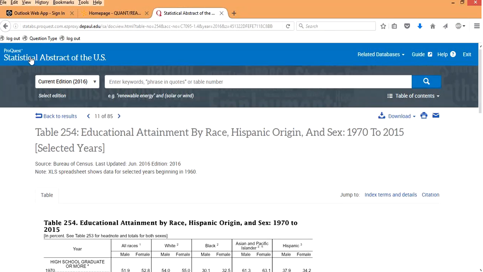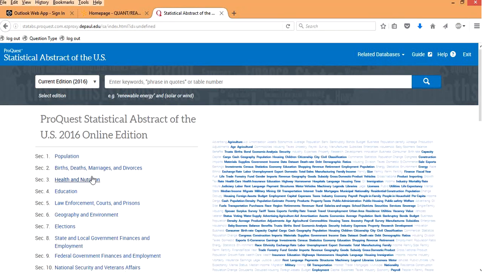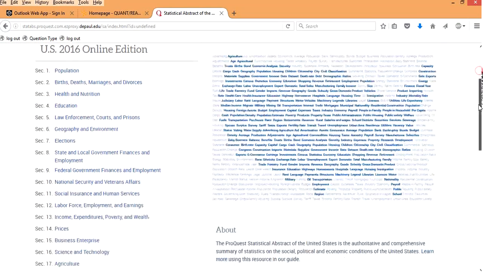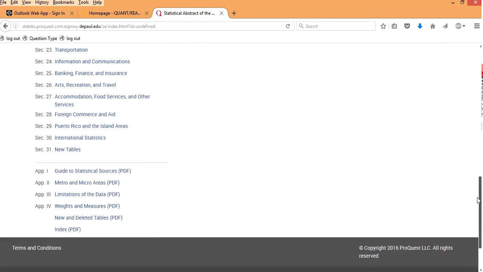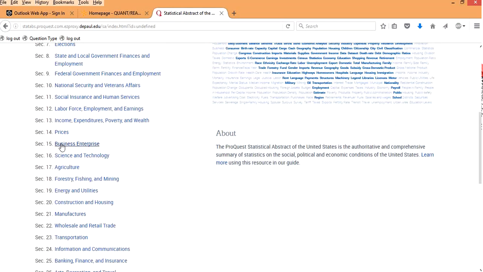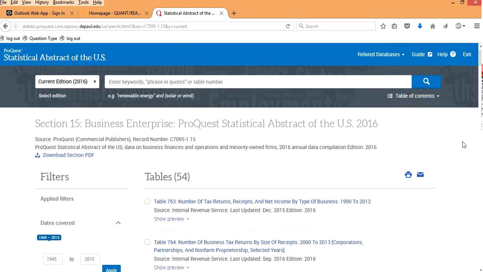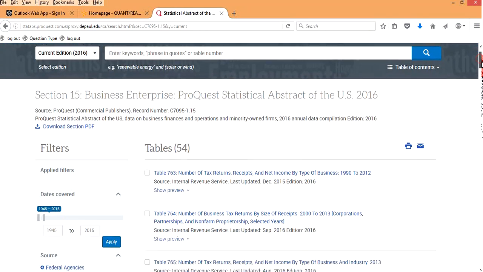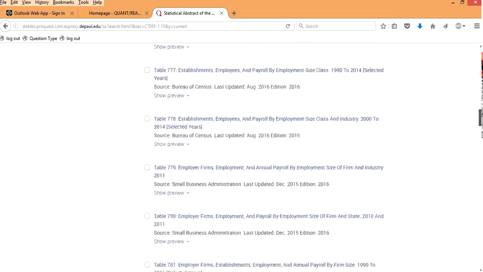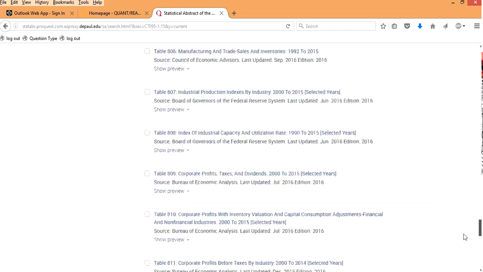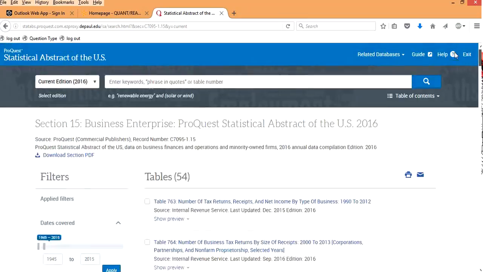Now, the US statistical abstract has a ton of information about nearly everything, right? We've got all this data down here, and then under any of these categories, there are even more subcategories of data, if my internet will work. Here we go. Tax revenues, businesses, just all of these are all individual Excel files, and there's a ton of them of data,